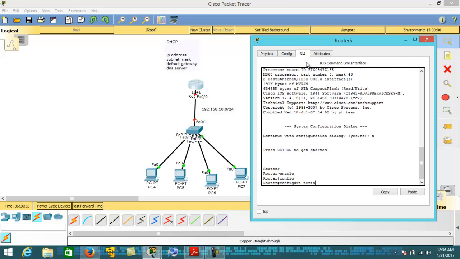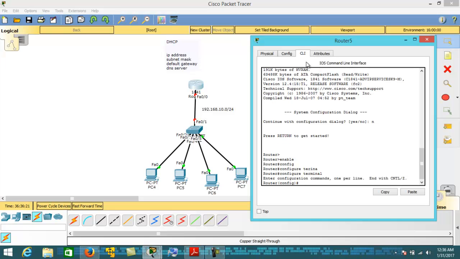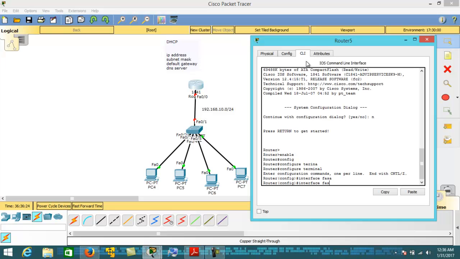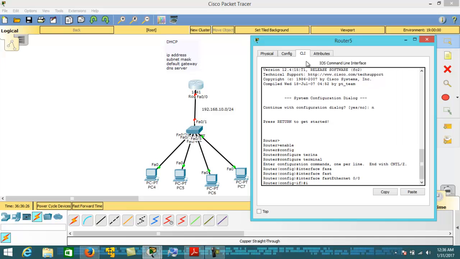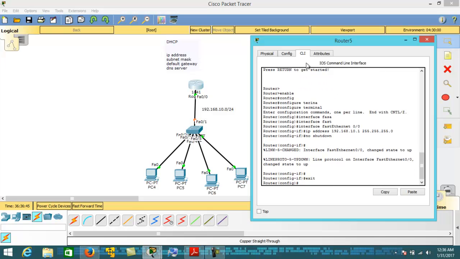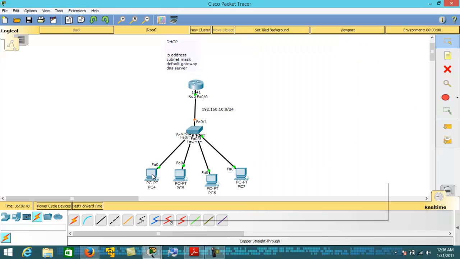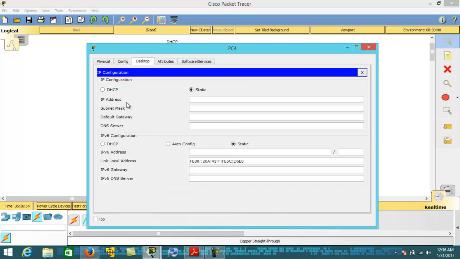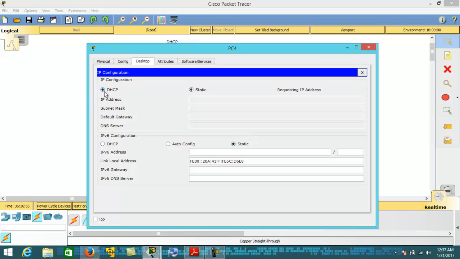Enable, configure terminal, interface FastEthernet 0/0, IP address 192.168.10.1/24. So we are going to configure the DHCP on this router so that this PC will dynamically get the IP